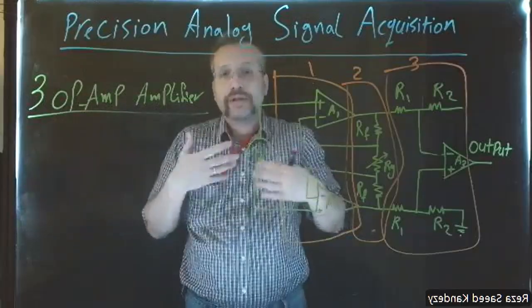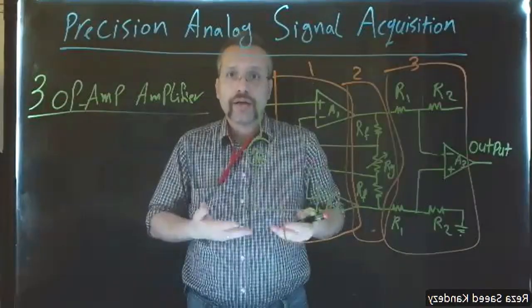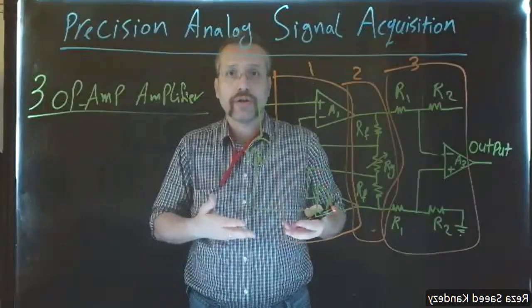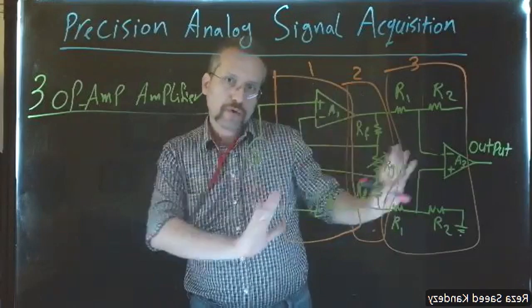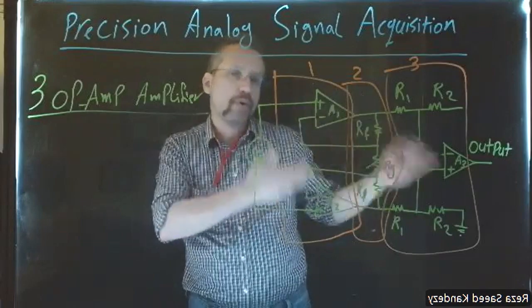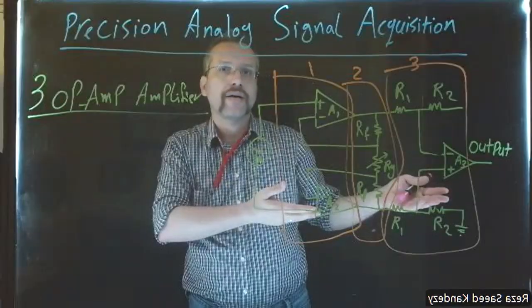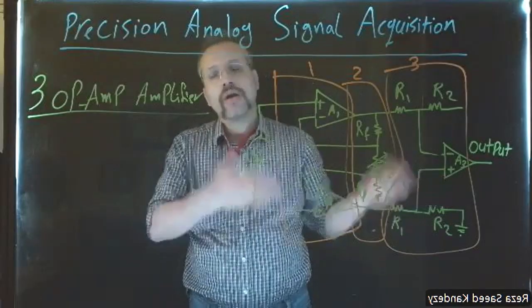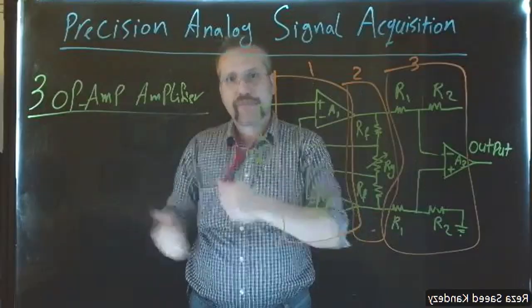So it actually helps a little bit to purify our signal, but we don't focus on that. It is like a bonus on that circuit. What we are going to focus on is the amplification of that